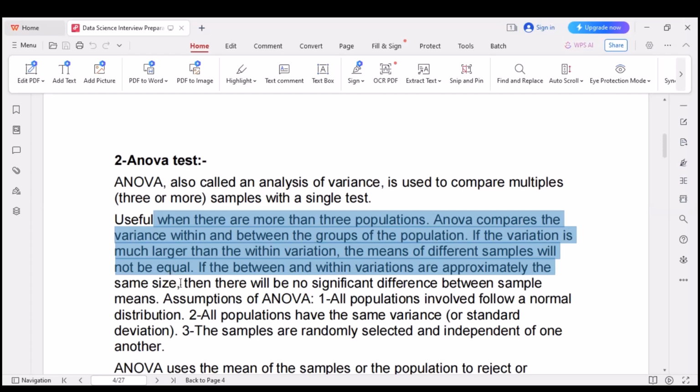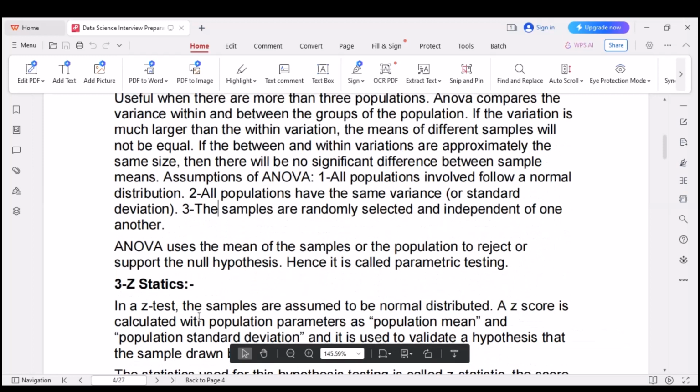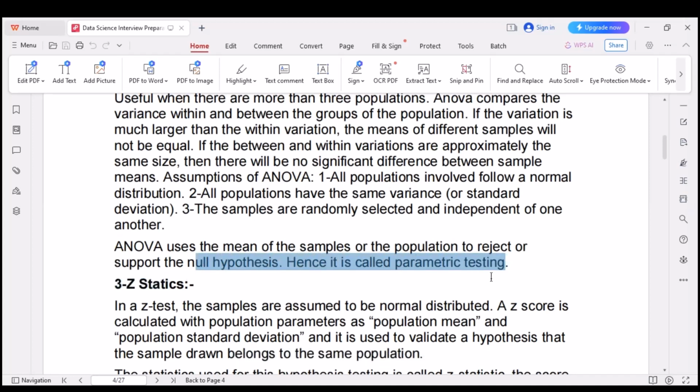So then there will be no significant difference between the sample means. The assumptions of ANOVA: all populations involved follow a normal distribution, all populations have the same variance, and the samples are randomly selected and independent of one another. ANOVA uses the mean of samples or populations to reject or support the null hypothesis, hence it is called